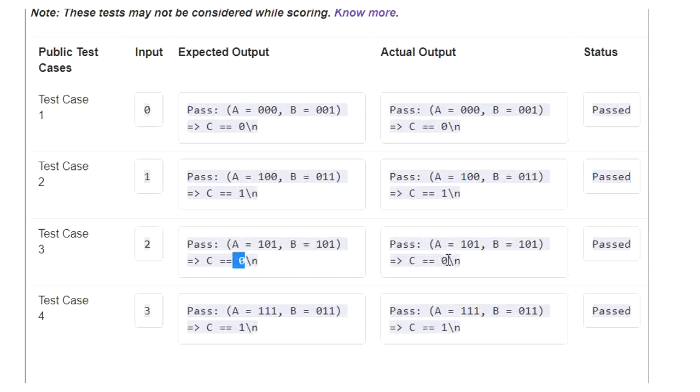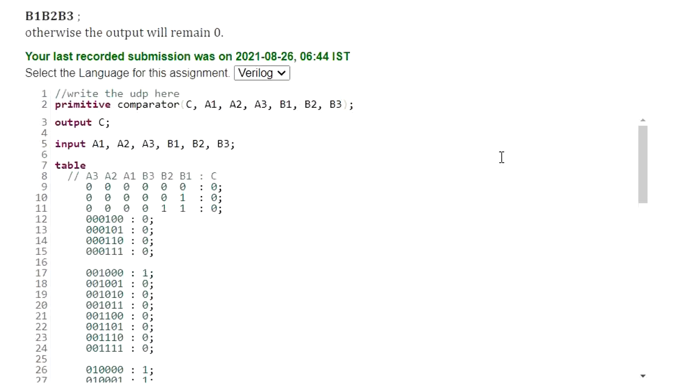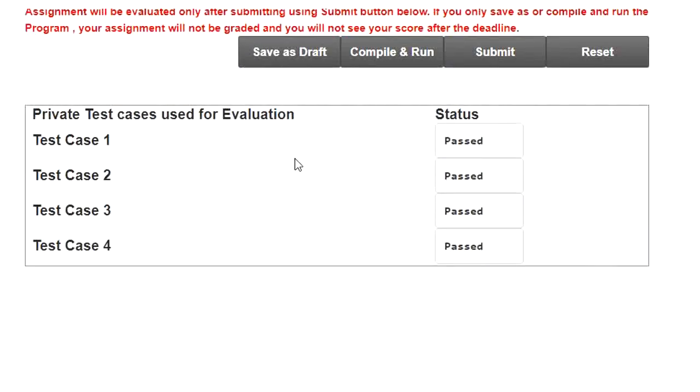The actual output we are getting is 0, passed. In case 4, A is greater, B is lesser, so C should be 1, it is passed. So I am going to submit it. Now all the 4 cases are passed: test case 1, test case 2, test case 3, test case 4.